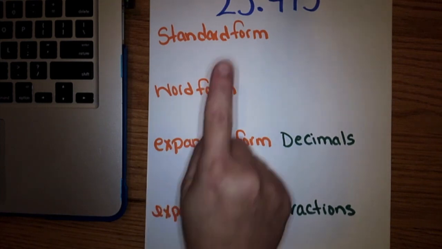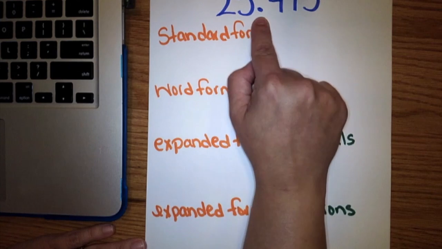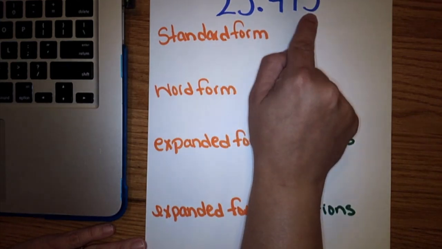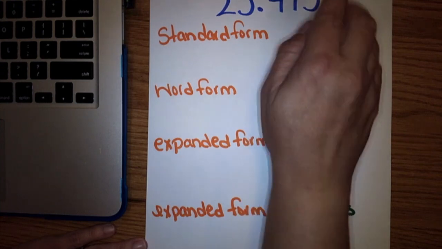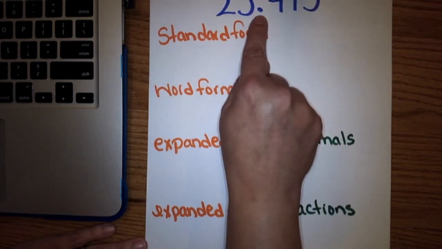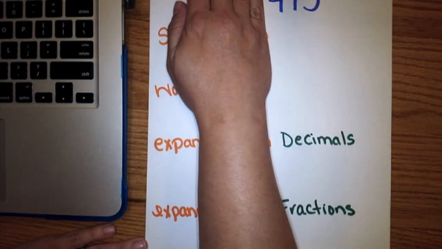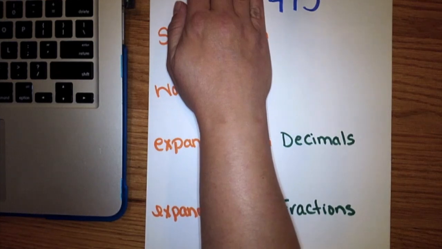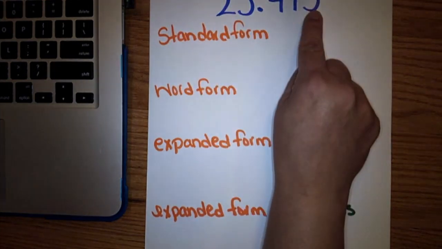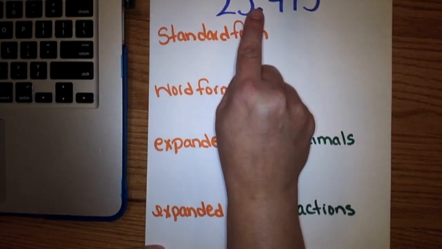All right, so the number at the top of my page in purple is 25 and 413 thousandths. Let me explain how to say that. First of all, look at just that whole number. That's a 25. When you get to the decimal, you say and, then you say the decimal number as if it was a whole number. 413, and the 3 is in the thousandths place. So this number is 25 and